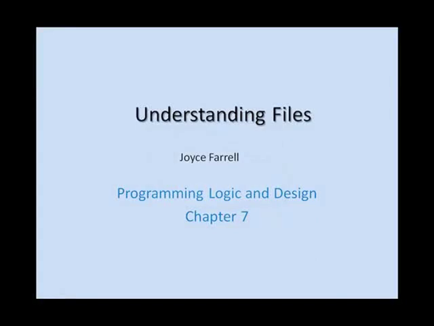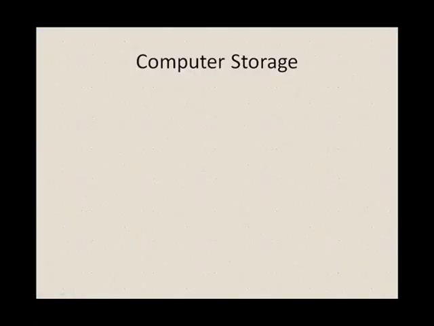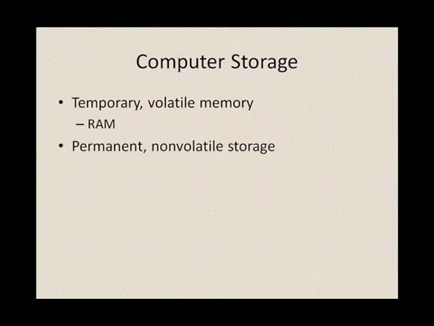I want to talk to you about understanding computer files. When you store data in a computer, you have two choices: temporary volatile memory, also called RAM, which stands for random access memory. This is where you store data that the program that you're using currently is working with. You also can store data in permanent non-volatile storage for longer periods of time, maybe days or weeks between using it. Hardware devices that are used for non-volatile storage include hard disks, DVDs, USB drives, and on larger systems, frequently